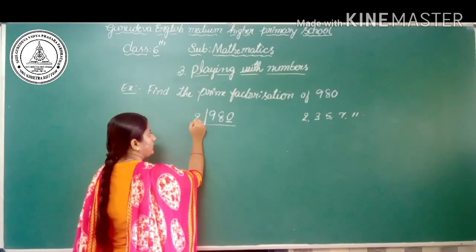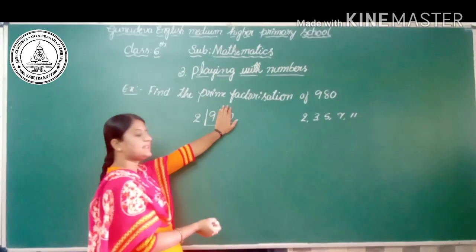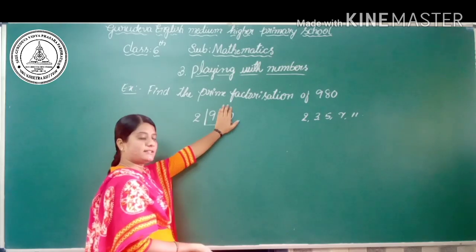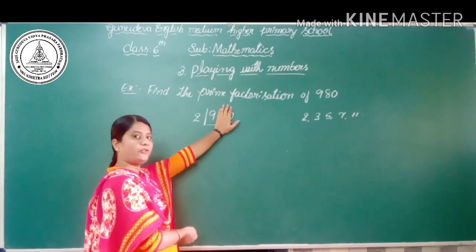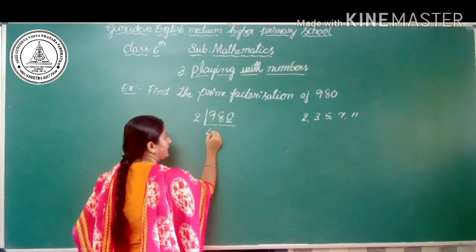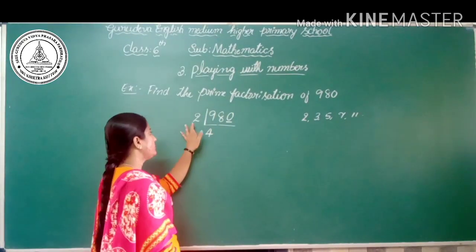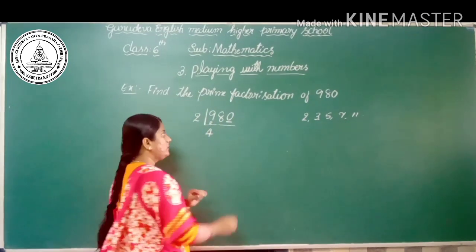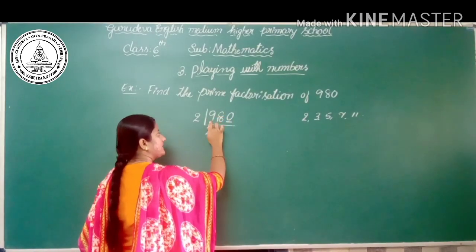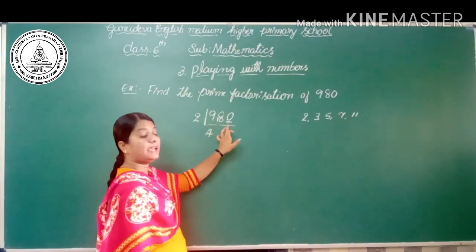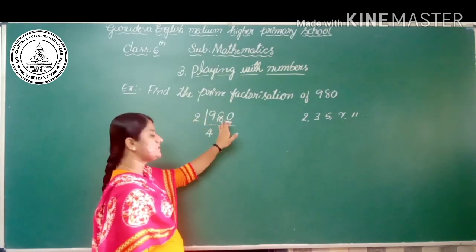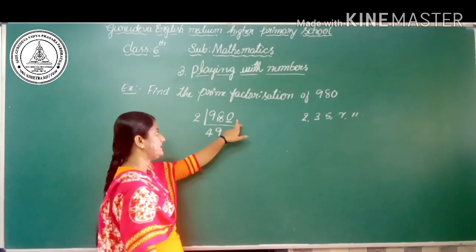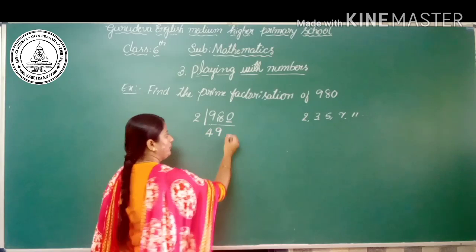So first take 2. Take a single number, 9. 2 times how much is 9? 9 doesn't come in the 2 table, so we take the nearest number, that is 2 fours are 8. Keep the quotient 4 downside. 9 minus 8 is 1, so we join it to the next number and it becomes 18. 2 how much is 18? 2 nines are 18. Then next 0, and 2 zeros are 0.